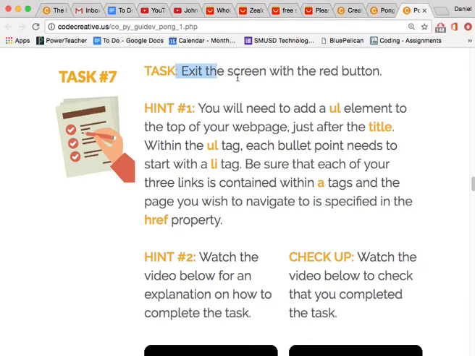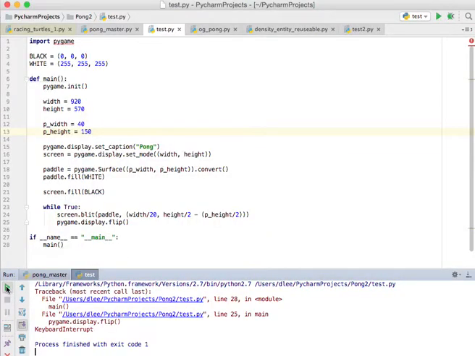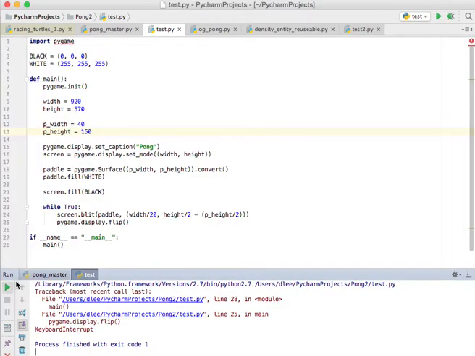So our next task is to exit the screen with the red button, and what I mean by that is when I go ahead and run my game, when I hit this red button here, it should exit the game, but it doesn't, right? So we're going to go ahead and fix that. And so the way that that is going to happen is in here